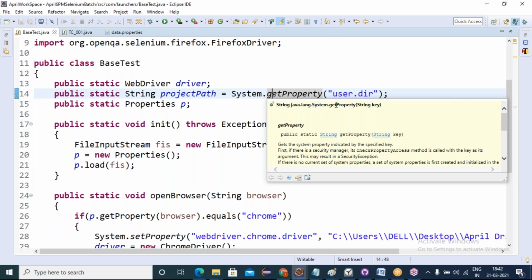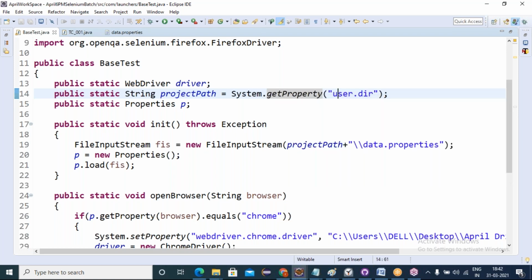Then where is it out here? System.getProperty. To get the project root directory, there is a standard keyword user.dir. The same thing I repeated once again now. It takes the project root directory wherever it is present, in the C drive, D drive, wherever, it will take that. The statement I stored into one variable that I have given here. Instead of giving the entire statement here, I stored it into this variable. Wherever I use this project path, I'll give this one variable. In that project path, this file is there. It is loading that with this Properties class reference variable.